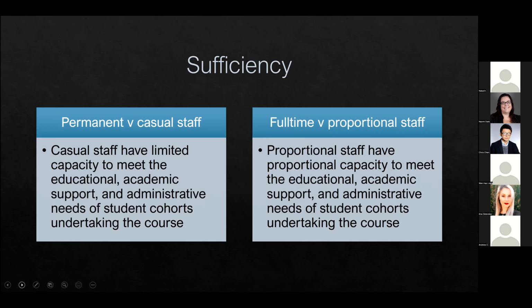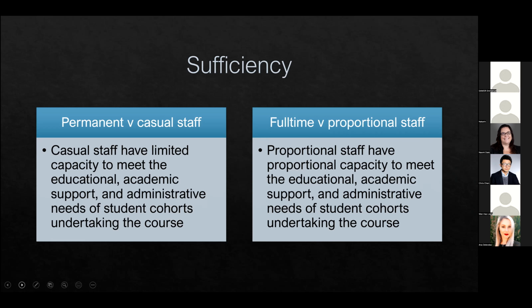And we've seen this across many institutions, particularly over the last couple of years, when a number of universities have looked to reduce their staffing loads within these institutions, but have maintained or moved quite a bit of teaching, especially into the casual workforce. So particularly when we're thinking about sufficiency, when I was talking about the actual and the effective full-time before within the actual staff, we also need to be aware at least of the distinction between casual staff and permanent staff.